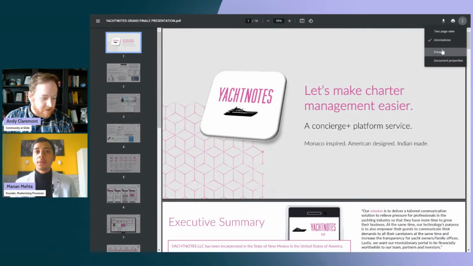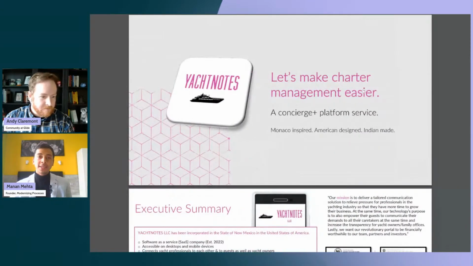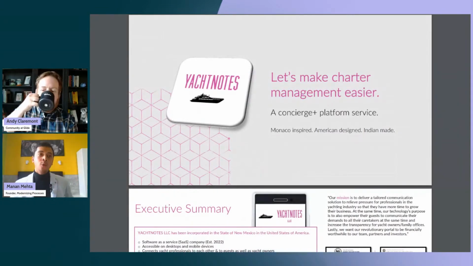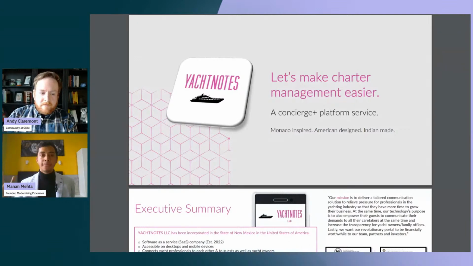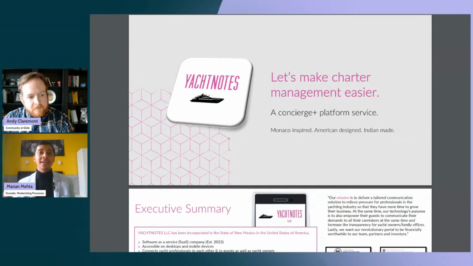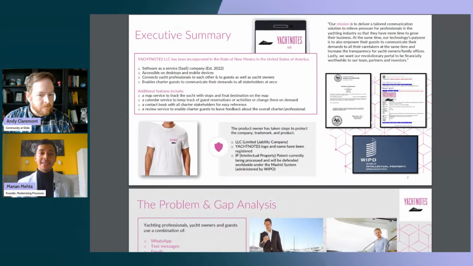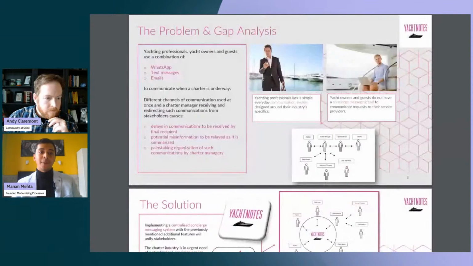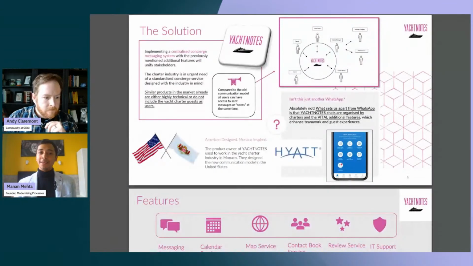So talk to me about Yacht Notes. Perfect. So Yacht Notes was my client's idea. Ruben is the client who has been thinking about this for 2 years now. In Monaco, the yachting industry is such an expensive industry, but all the management is done through WhatsApp, email, stuff like that. So the problem in the industry is that something so expensive is managed using simple things.